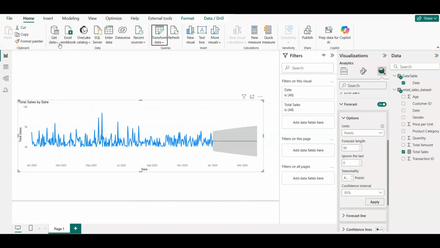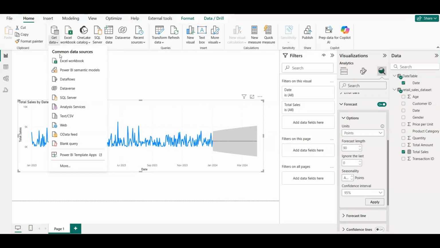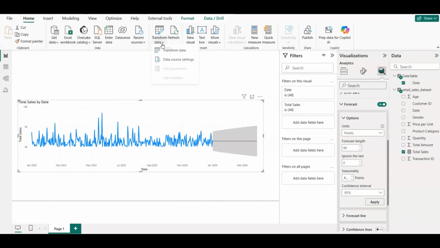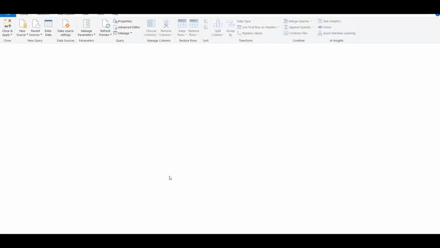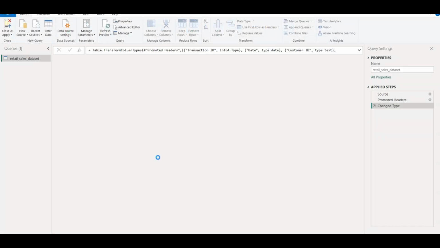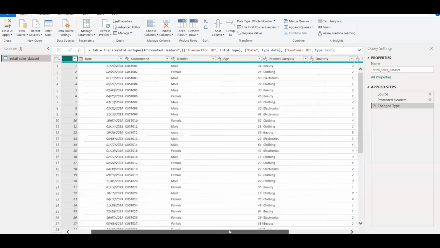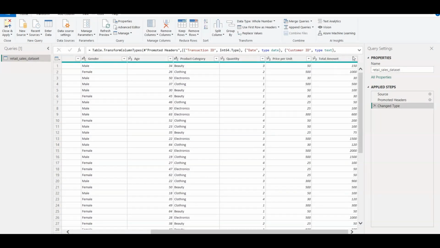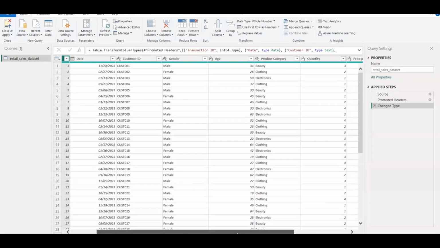Let's begin by importing our retail sales dataset. Go to Get Data, select text/CSV, and choose your file. This dataset includes transaction-level information such as the sale date, customer details, product category, quantity sold, price per unit, and total amount. Our goal is to forecast total sales over time, so we'll focus on the date and total amount